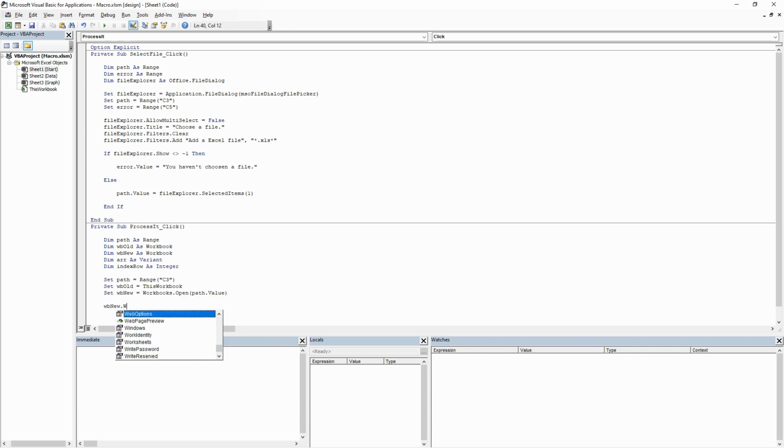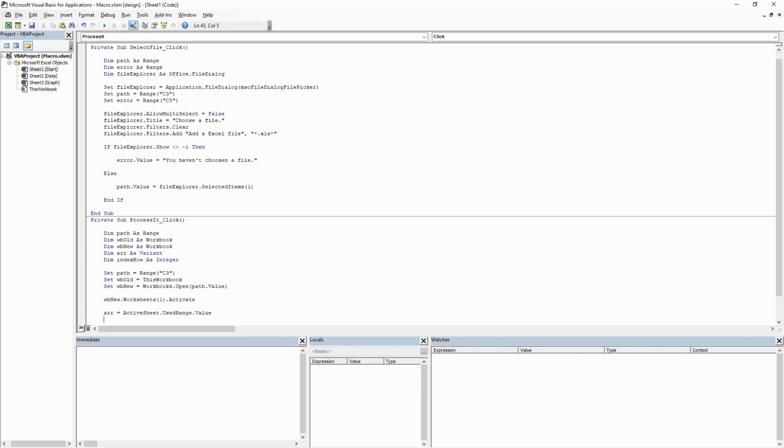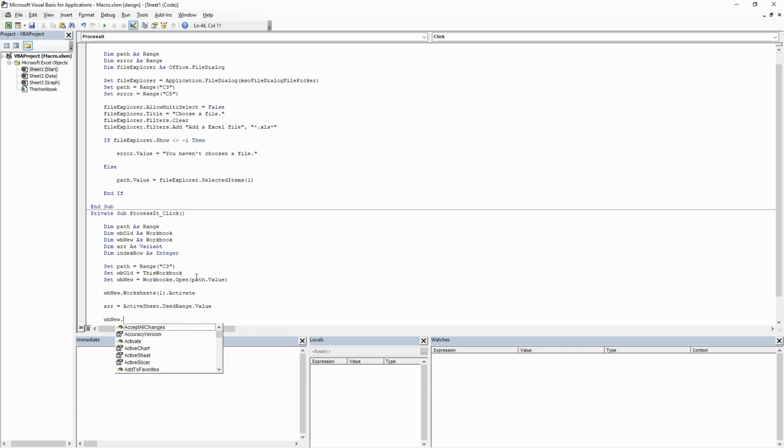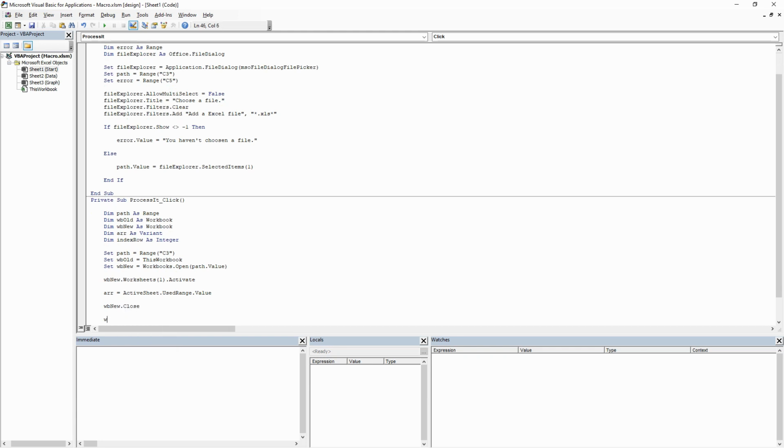We know that data is stored on the first sheet. That is why it is activated. In the next line, we assign to the R variable the whole data from the activated worksheet. After that, we can close the data workbook and activate the one where we store the report.